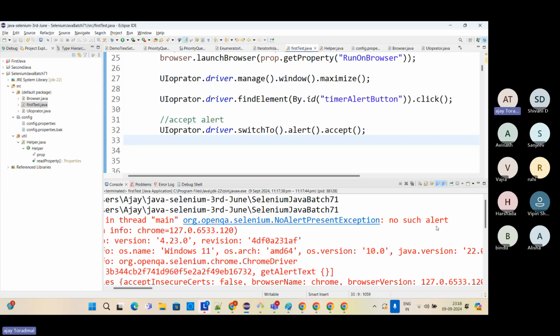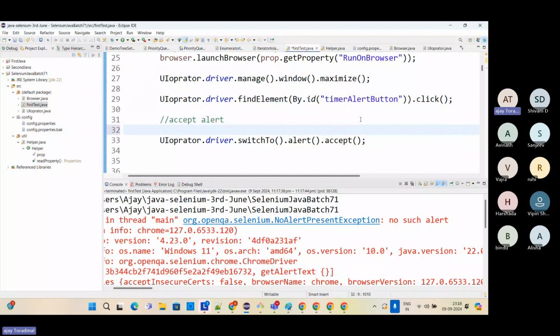So how to overcome this particular problem? For that, you have to use the implicit wait on this particular alert. So how to apply the implicit wait? For that, sorry, not implicit wait, explicit wait. Explicit wait will work here. So I have to apply the explicit wait. So how to create the explicit wait? For that, I have to say